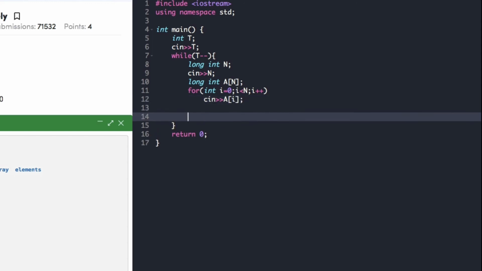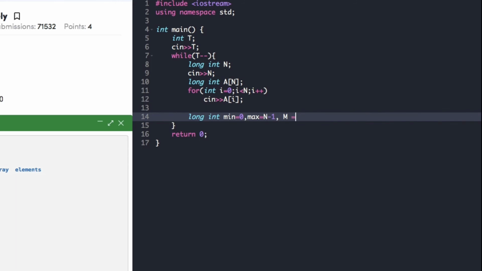After getting the array elements, we can declare a few more variables as we have seen in the explanation part. The first of which will be min, which points to the starting of the array. Similarly max, which points to the end of the array, which is n minus 1. And finally m, whose value is greater than the greatest element in the array.